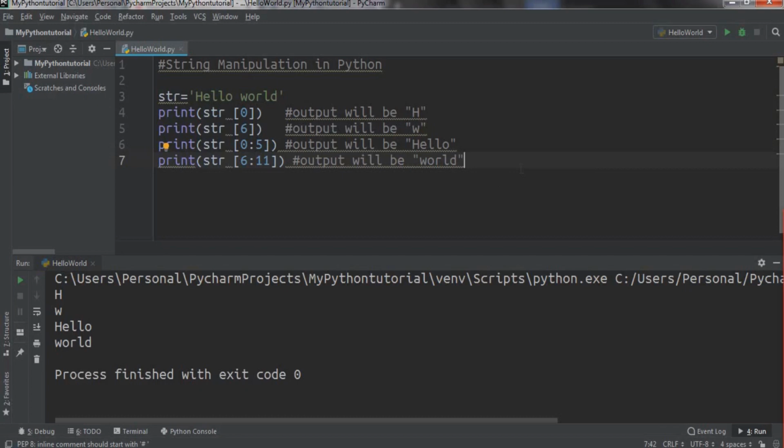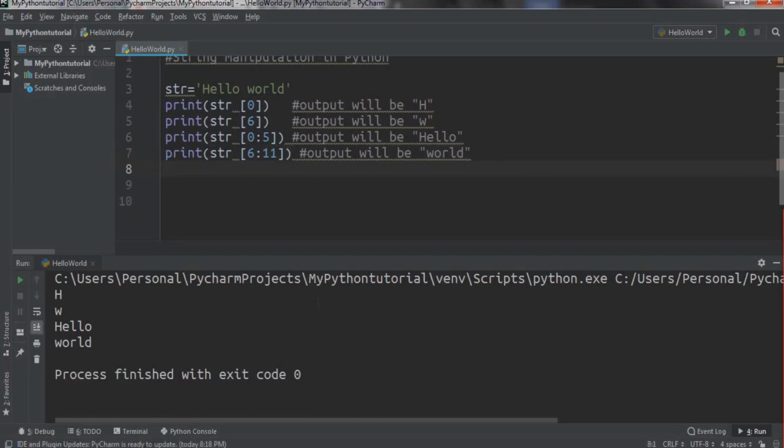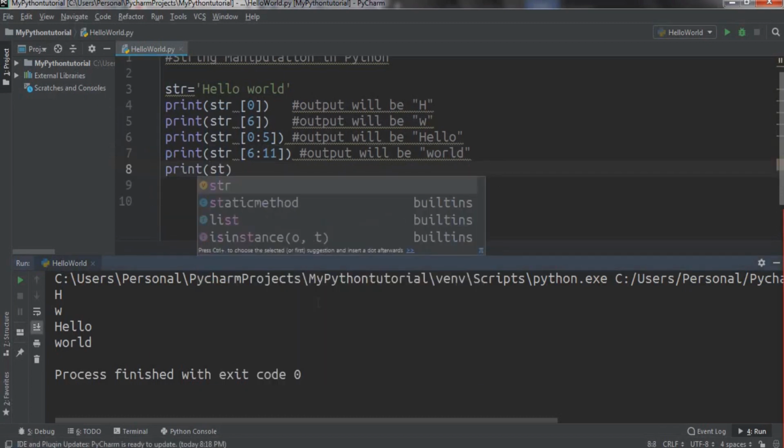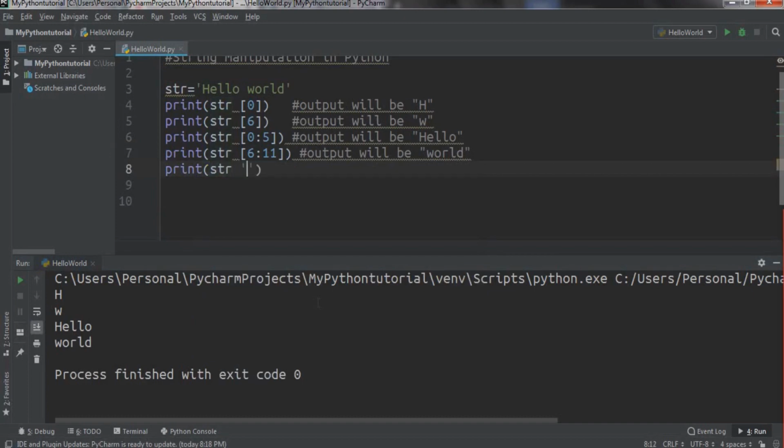Python allows negative indexing for sequences. The index of -1 refers to the last item, and -2 for the second last item, and so on. For example,